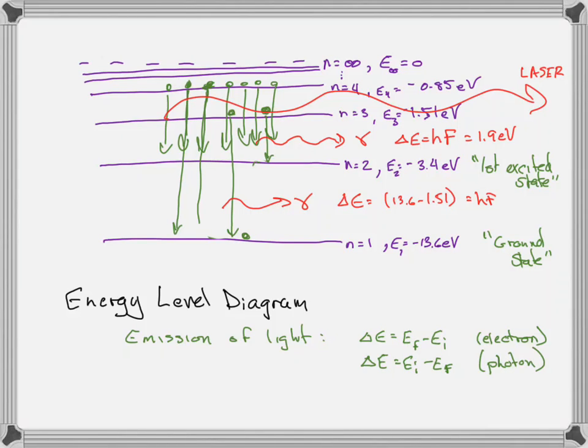Because if we go from 1.51 eV to minus 13.6 eV, the electron loses 12 eV. The photon gains 12 eV. Hence, the energy for the photon is E_i minus E_f. That means that hf is equal to E_i minus E_f, and therefore